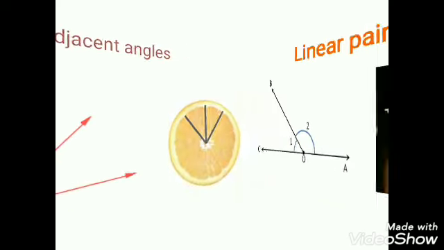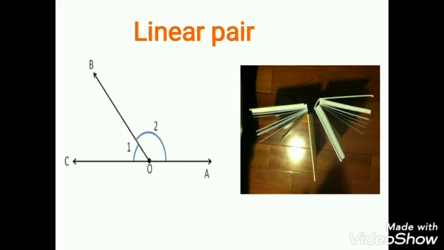Okay, next one, linear pair. Linear pair means, listen, the resultant angle is a straight line or straight angle. Then the angles are called supplementary angles. Supplementary angles are 180 degree. Already know that. So the adjacent angles that are supplementary lead us to a pair of angles that lie on a straight line. This pair of angles is called a linear pair of angles. Okay, straight line is called a linear pair of angles.